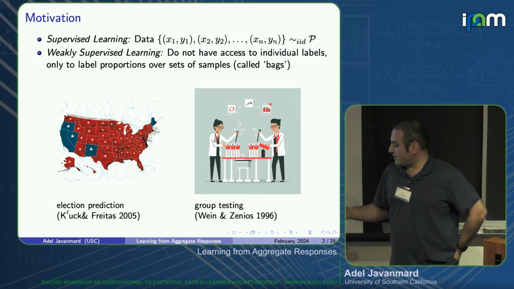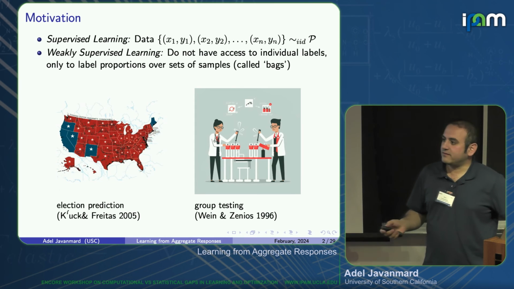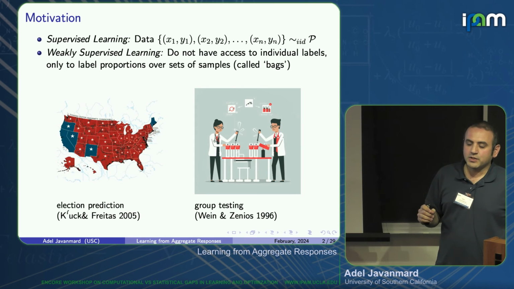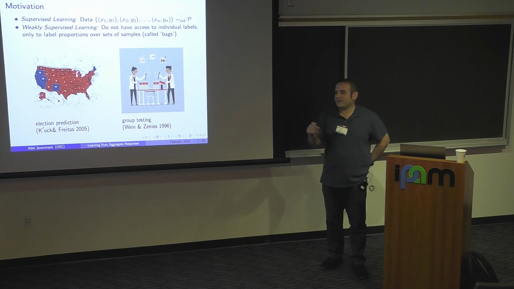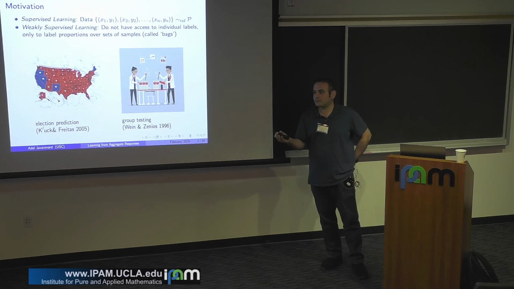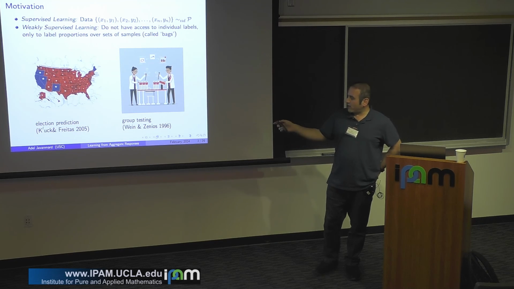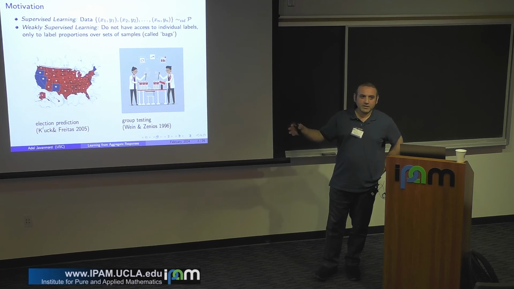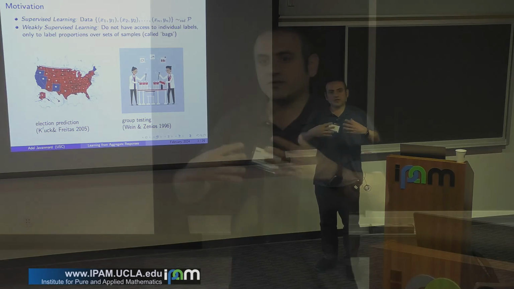The other example that's well known is in group testing, where you have scarce resources and you want to chase something in your population. Maybe it's a disease or you have a quality control problem. And instead of trying to test each of the samples separately, you combine them together and try to test these aggregated samples, okay, to be more efficient.